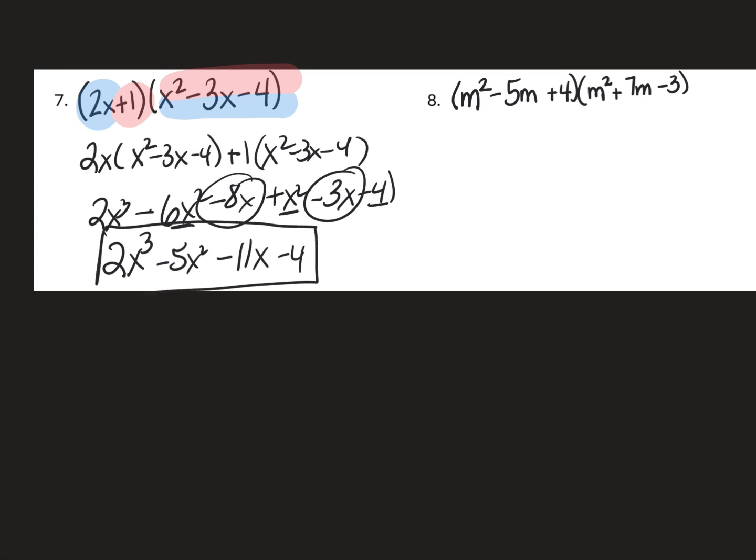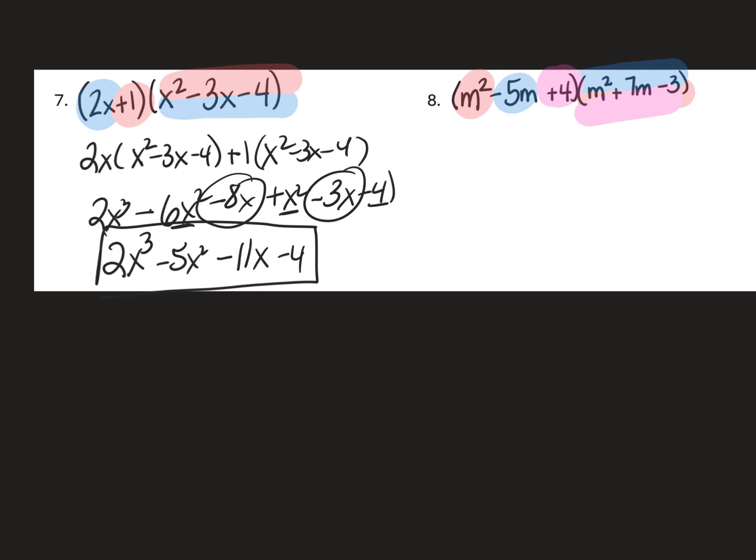Number 8, I'm going to multiply a trinomial times a trinomial. So I'm going to multiply first term times all of that. Then I'm going to multiply the second term times all of that. And then I'm going to multiply that one times all of that. And now,